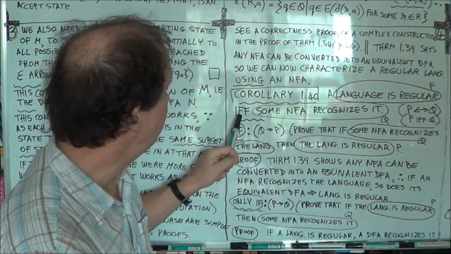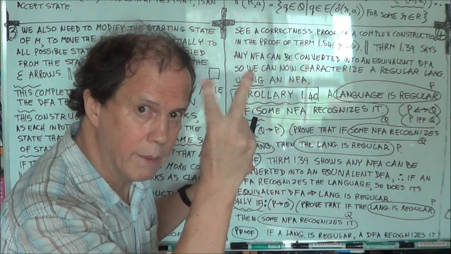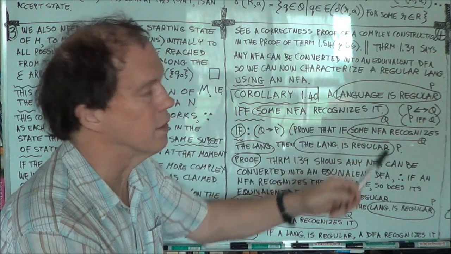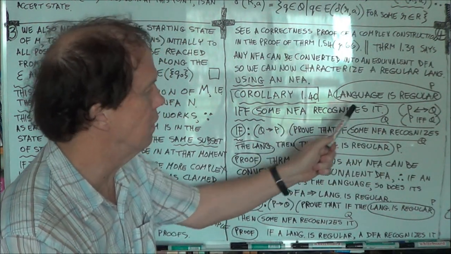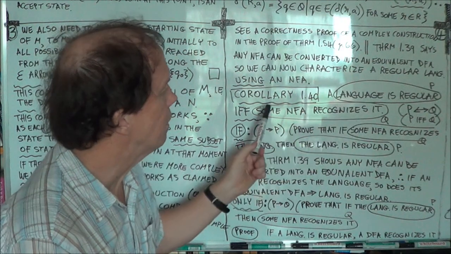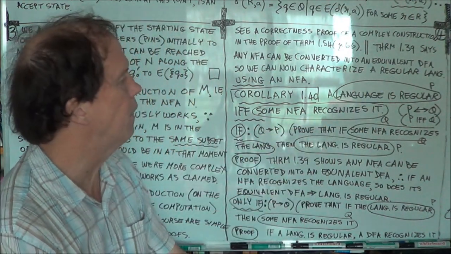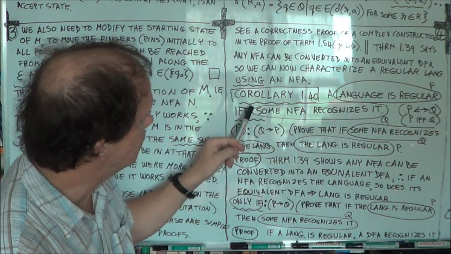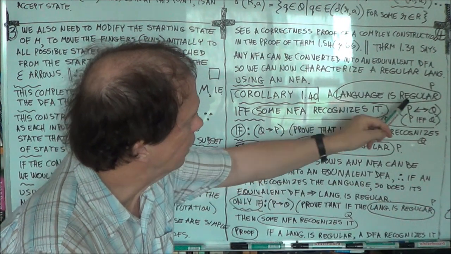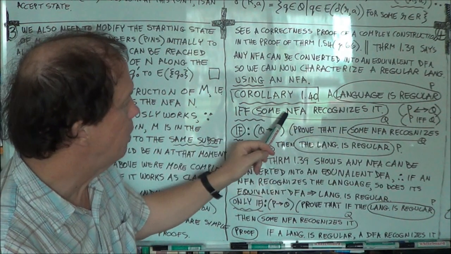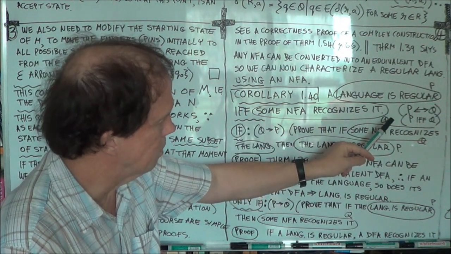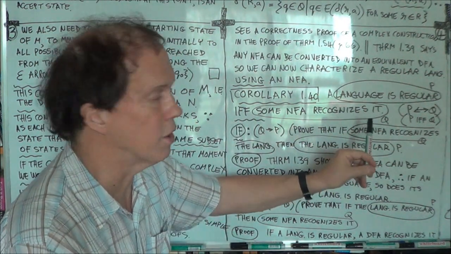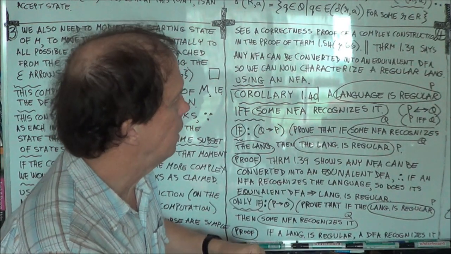So a language is regular if and only if, so a two-part proof is required, okay? A language is regular if and only if some NFA recognizes it. And this is an alternative statement to 1.39, sort of. Now we have two mathematical statements here. Language is regular, I've labelled that P, and some NFA recognises it. That's a mathematical statement I call Q. Okay? So P is true if and only if Q is true. Right? That's the general structure of this statement. You can write P